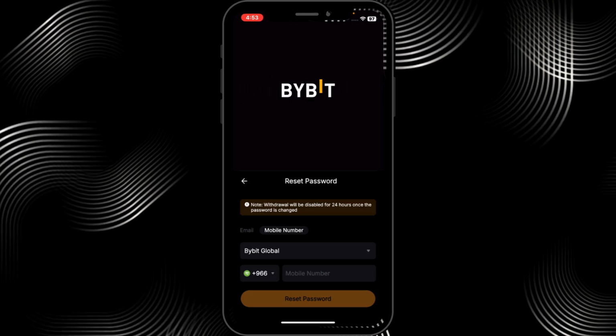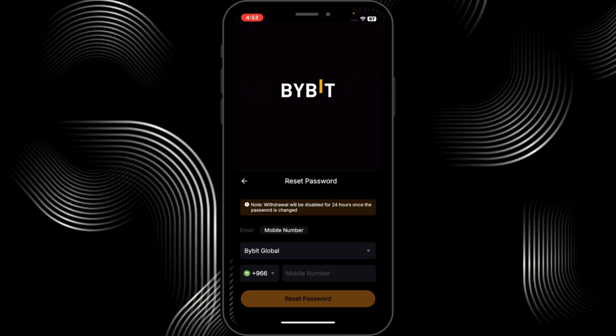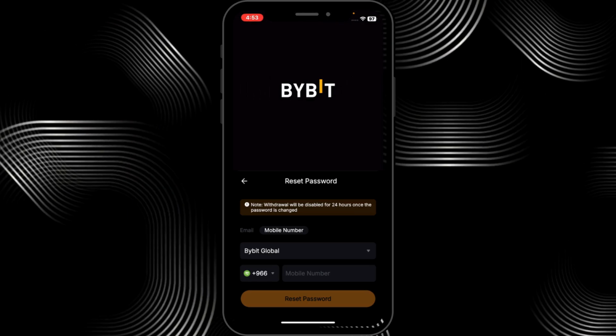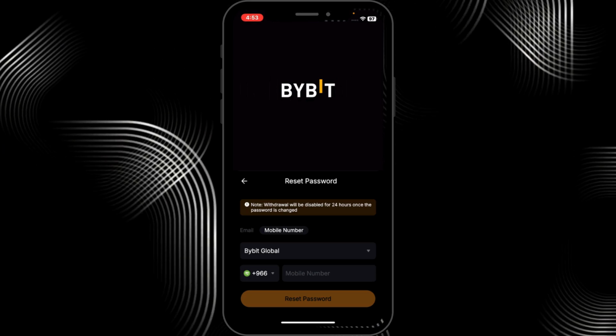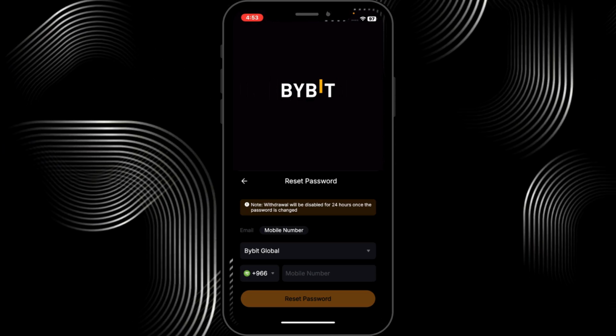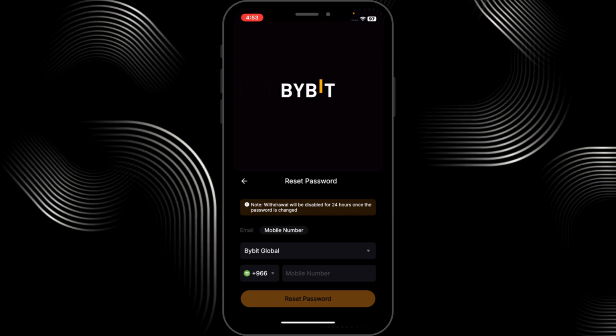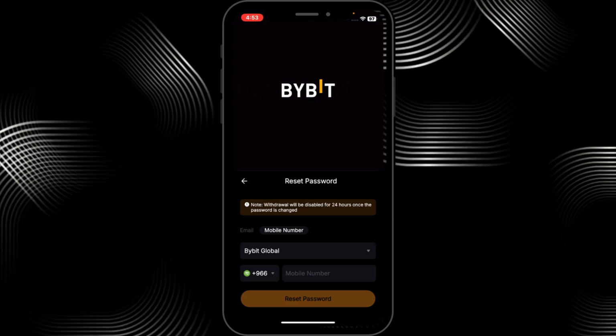Or your mobile phone number, right, which you can add here depending on your country code. So enter your phone number, hit reset password, and wait, of course, until Bybit sends you a code. This code will be used to